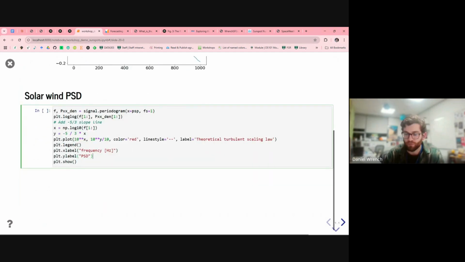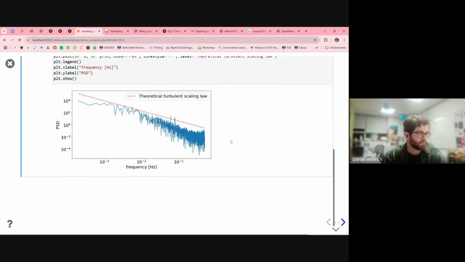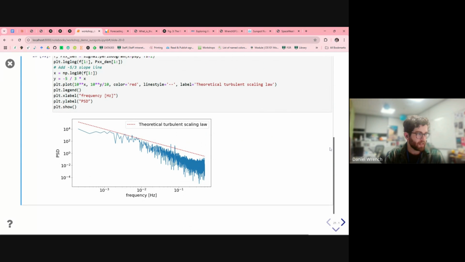And then just as useful, however, or probably more so when you're talking about turbulence, is the power spectrum. So here we have it. What would you notice about the power spectrum? If you compare it to the sunspot one, are there any particular dominant frequencies like we saw in the sunspot one, or is it much more just a broadband spectrum?